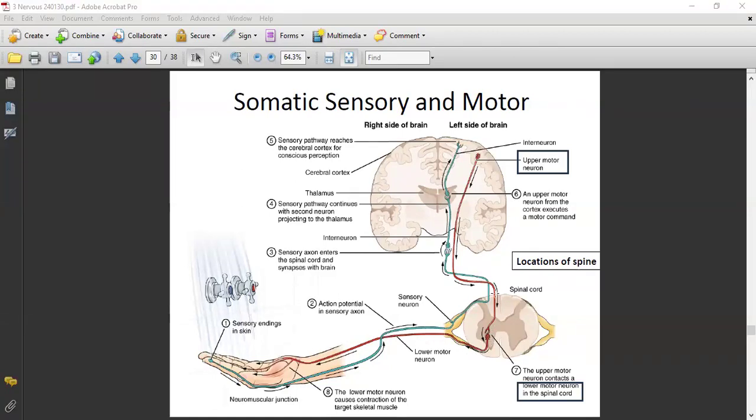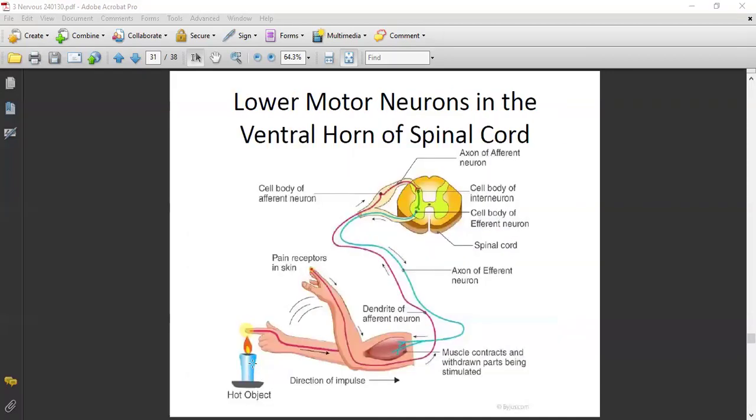So when the nerve coming down here excites this lower motor neuron, it will generate an action potential. The action potential travels down to the axonal terminal and reaches the synapse to talk to a muscle cell. So that is that. This one just shows you another picture to specify the location of the lower motor neuron,